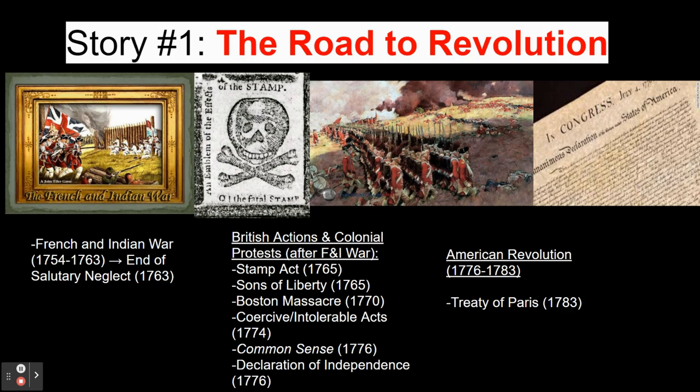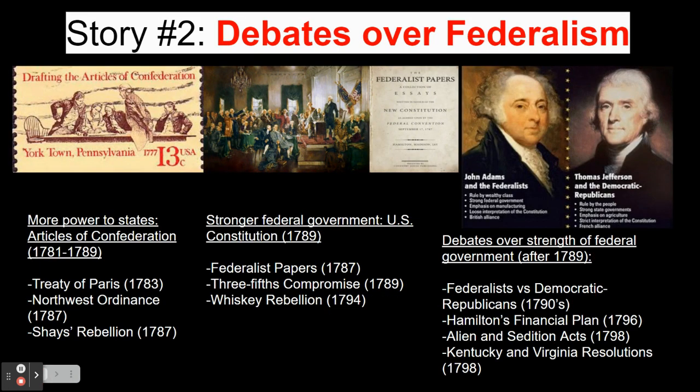Now, in the end, the colonists will win the war, but not without the help of foreign countries, specifically the French, who are going to ally with them after the Battle of Saratoga. The end result of this is going to be the Treaty of Paris, which gave the colonists their independence and established the United States, whose borders are now going to stretch up to the Mississippi River. So the American Revolution is going to have many long-lasting effects on American history, and these are going to play out in our next two stories, which we're going to look at right now.